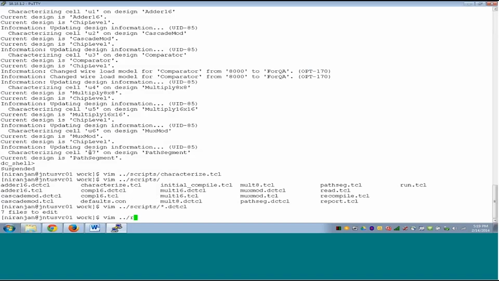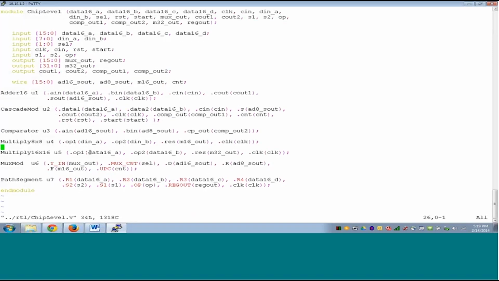Let's look at the RTL of chip level. So chip level, let's look at adder 16. Data 16A is coming from chip top. That's why whatever input delay we gave at data 16A at chip level is transferred to AN because there is no cell in between. But S out